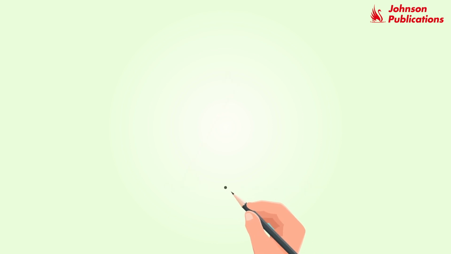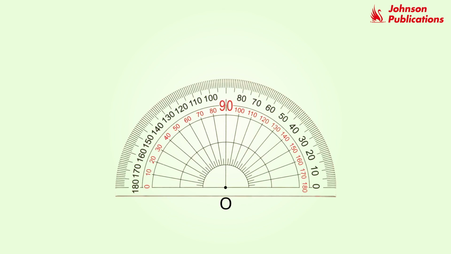Step 1. Mark a dark point at the vertex of the angle that you are measuring. Step 2. Line up one of the sides that forms the angle with the 0 on the outer edge of the protractor. Read around the outer scale of the protractor from the 0 to where the other side meets the edge of the protractor. Count the degree lines carefully to get an accurate measurement.